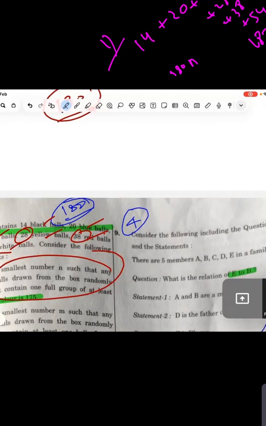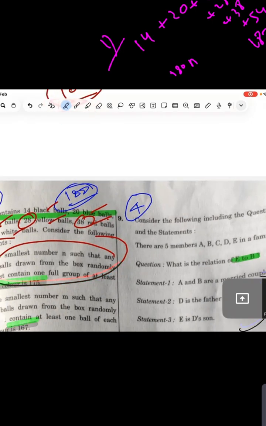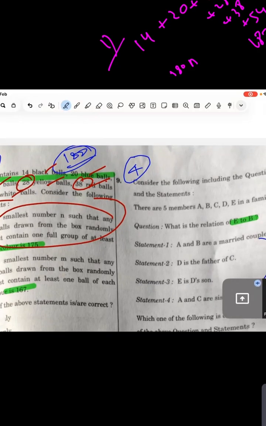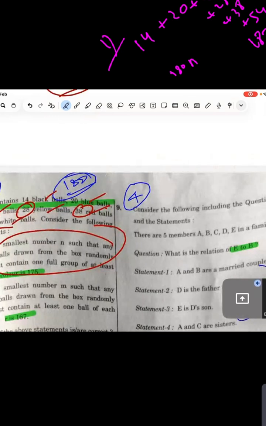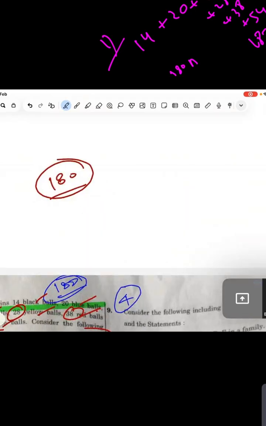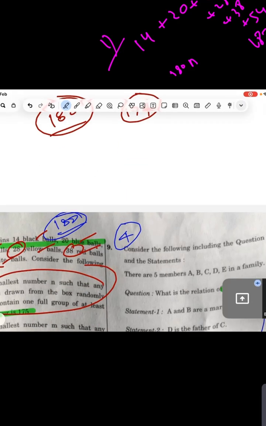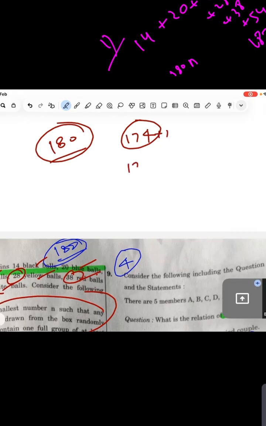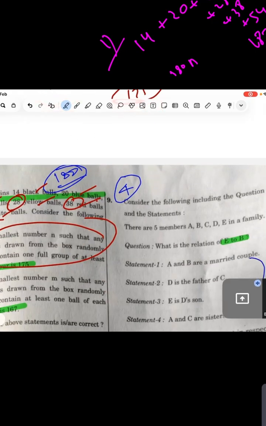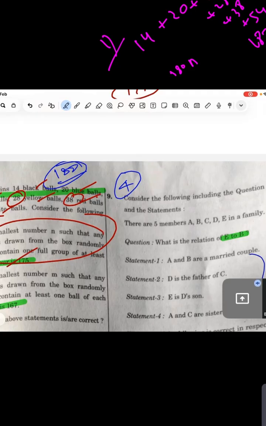Can you guys tell the answer here? Bhagya, tell how to solve this question. If you take out balls so as to cover all groups, only one is left, right? Yes, good. So you know what? Six groups are there. See, you reduce one ball from each group, so it will become 174. Now you add any ball from any group, plus one, so at least one group becomes complete. 175. Any group will complete. So minimum 175 is needed actually.